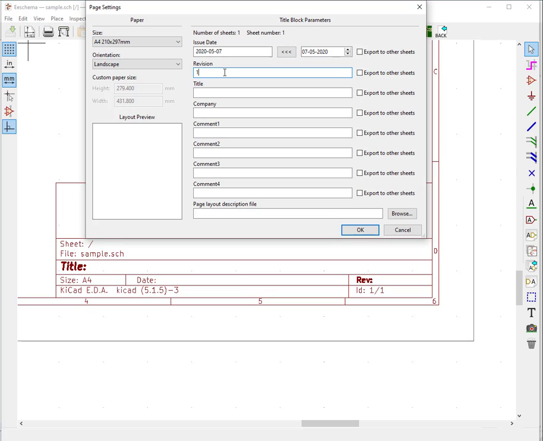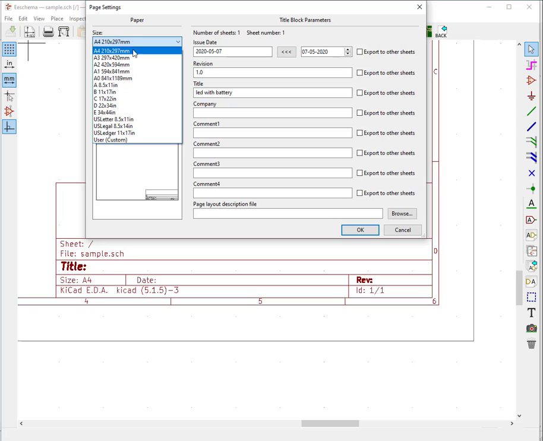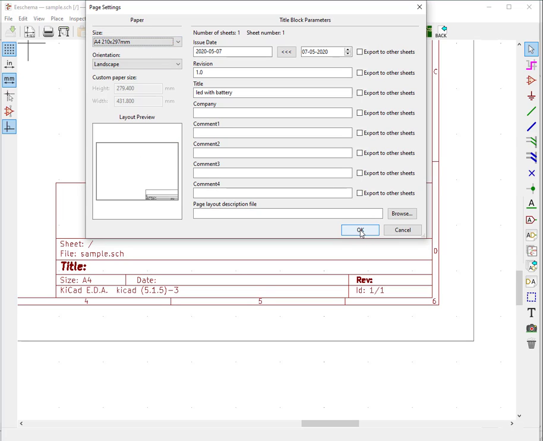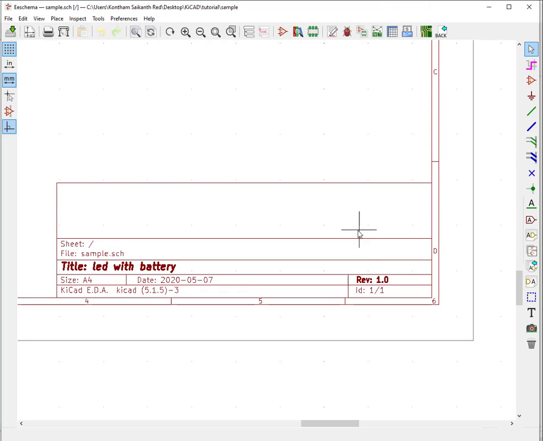For revision, I'll give 1.0 and my title will be LED with battery. Company, comments and those things I just leave out, and you can select the page size also. I'll go for A4, not a problem. I click on OK. You can see that the revision and title have changed. The file name will be the same as what you saved. The date has also changed.